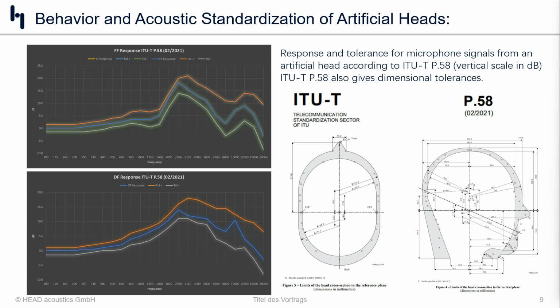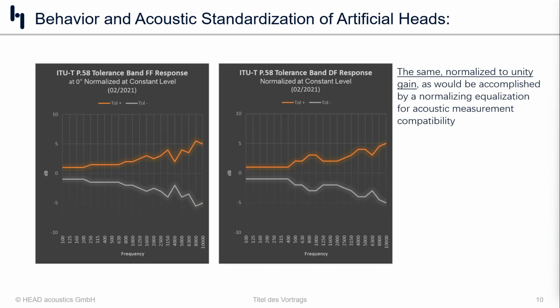European standard for artificial head tolerances, you see the dominance of the common concha resonance that is up around 10 to 15, even more decibels. And so if you then normalize to a flat response, you get this, and that is the tolerance band of the ITU tolerance. And Head Acoustics goes that much better, in terms of about plus or minus 1 dB. The type 1 measuring microphone, although we don't claim it as such, actually meets that standard to a much